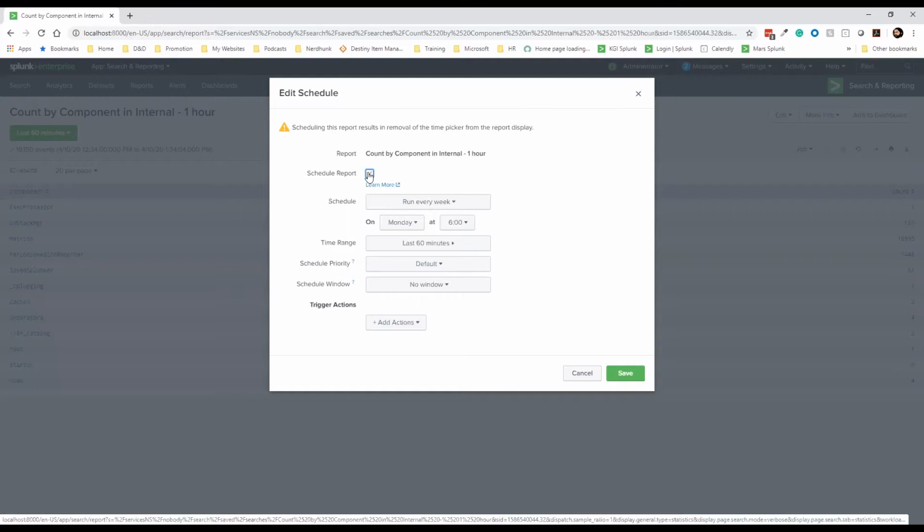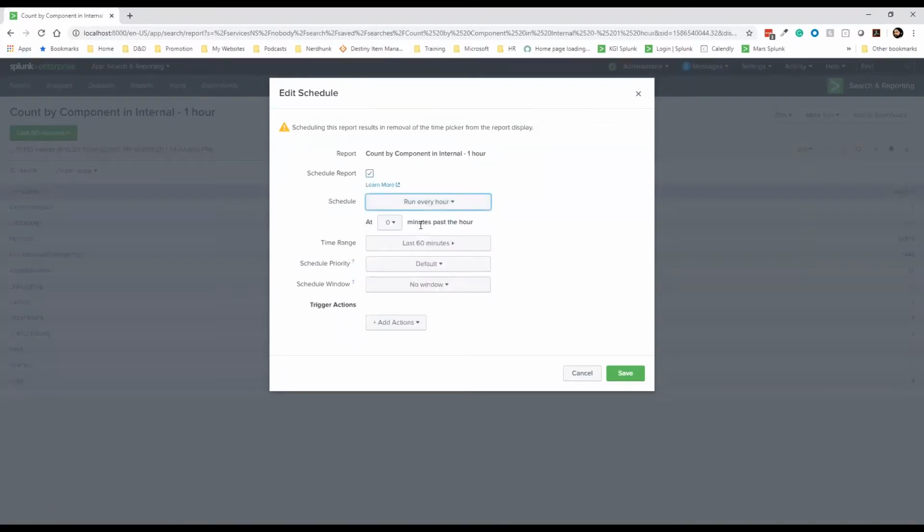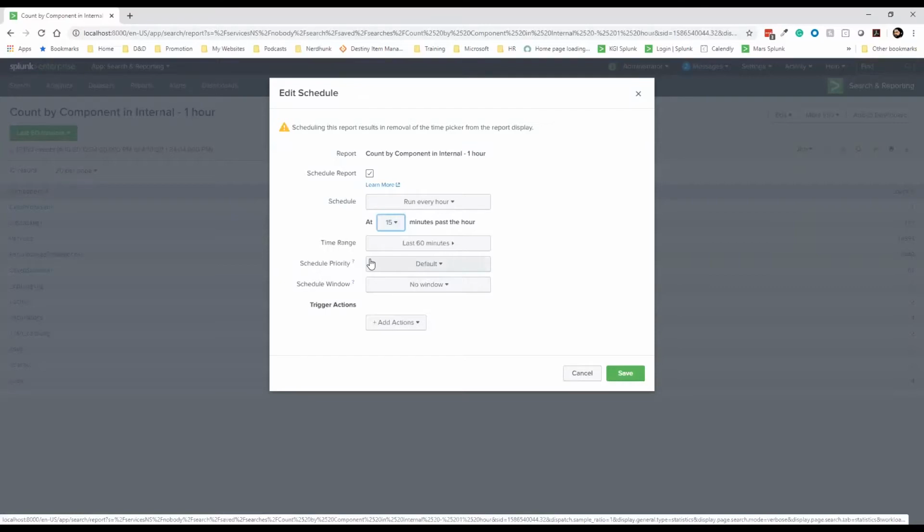Because of this one, right? I'm looking back at the last hour's worth of results. It wouldn't make sense for me to run this report once a week just to get an hour's worth of results. In this case, I'd want it to run every hour. And you can schedule this to run 15 minutes past the hour. That way, instead of running exactly at 11 o'clock,